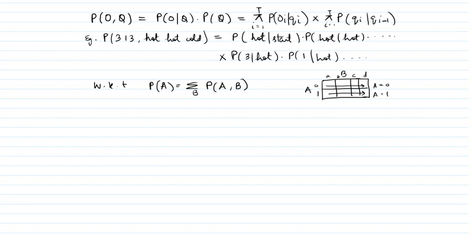So I will get two probabilities here, and this will be P of A. Similarly, we can apply the same thing here and get P of